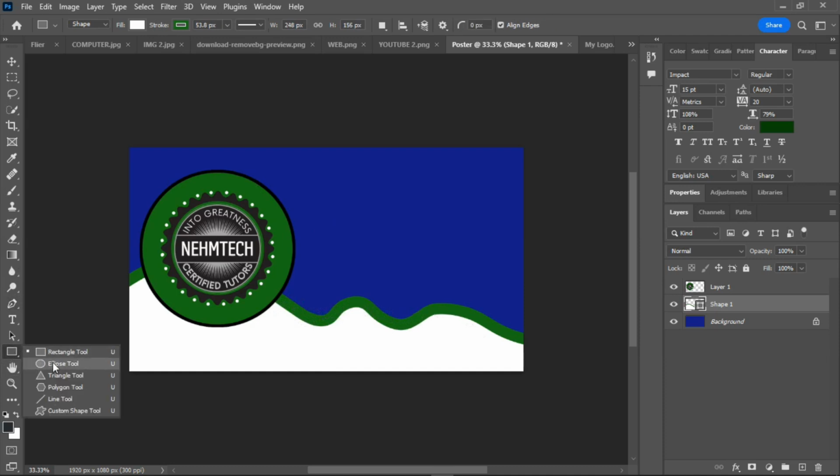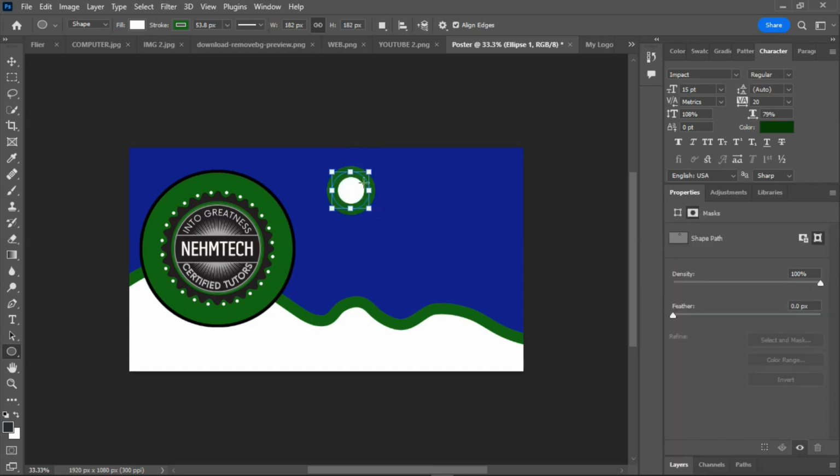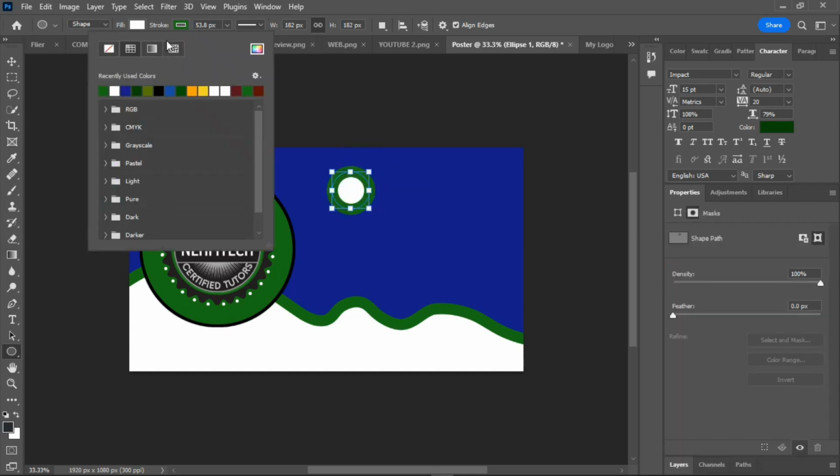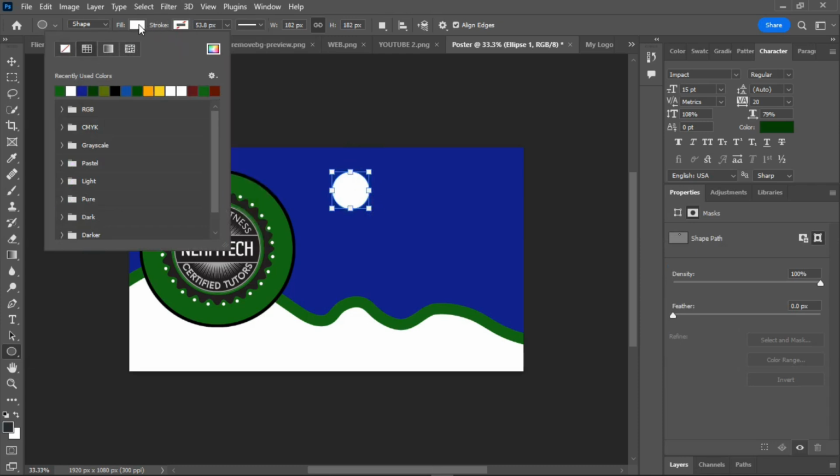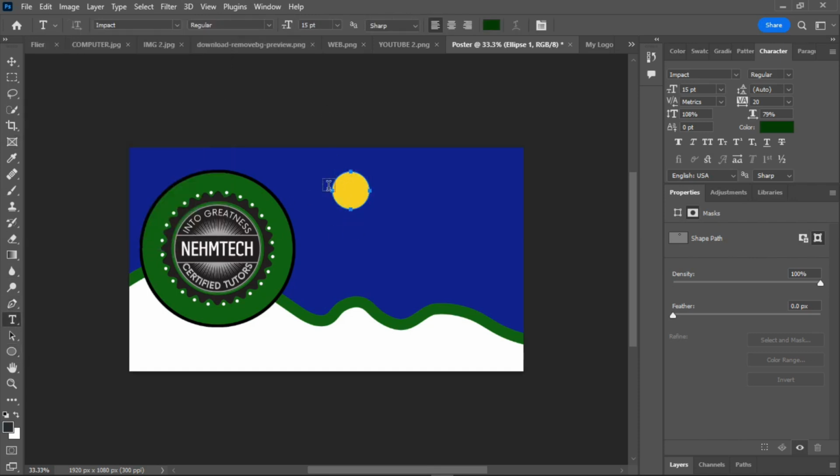this kind of a circle here. Remember, click on shift, then draw a perfect circle. And then for the fill color, let me first of all remove the stroke. Then the fill color I'm going to give it yellow. It's perfect with me. And then here I'll go to the type tool,